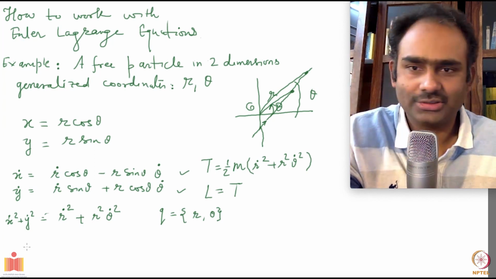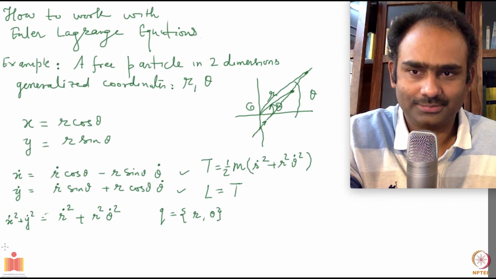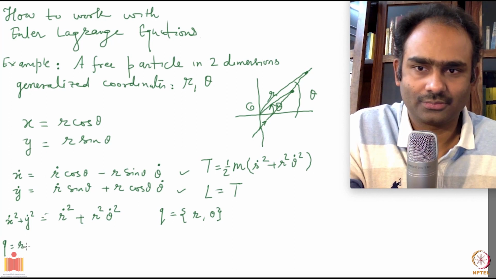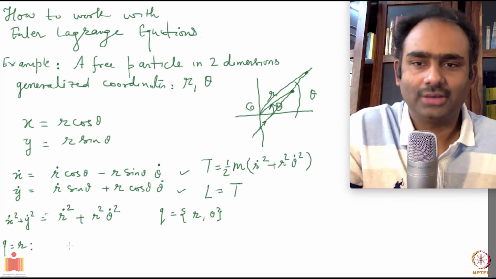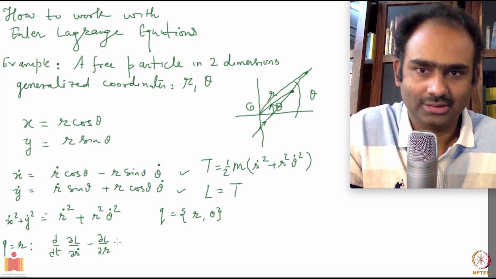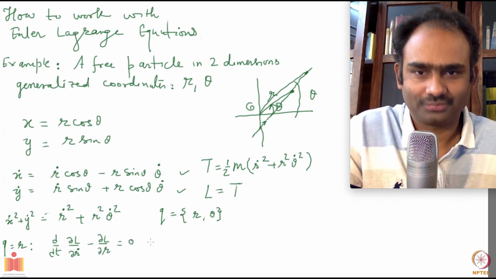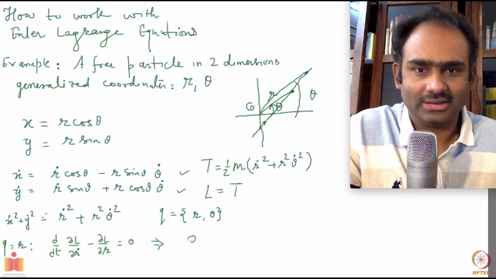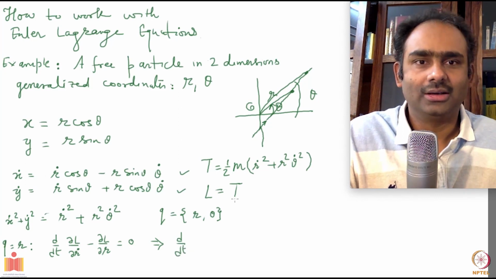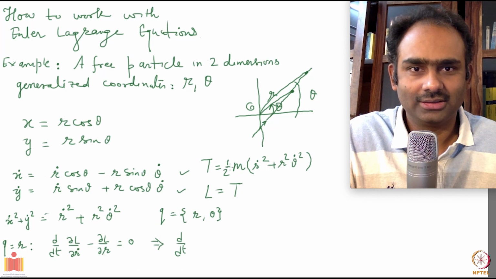So let's look at the equation corresponding to r. Then you have d over dt del L over del r dot minus del L over del r equals 0. The particle is free, which means d over dt del L over del r dot, so you get half m and 2 r dot, so half and 2 cancel, so you get m r dot,